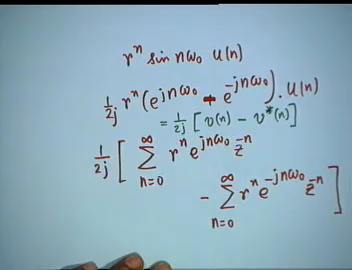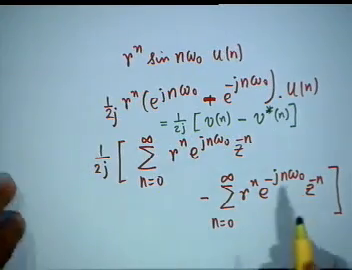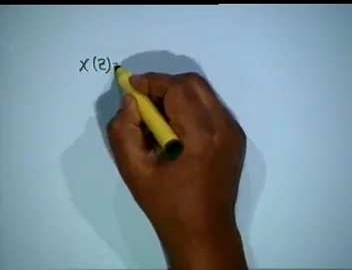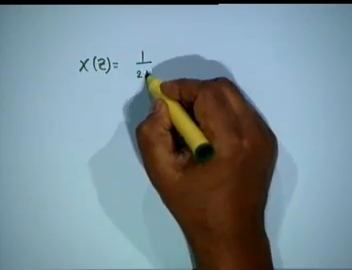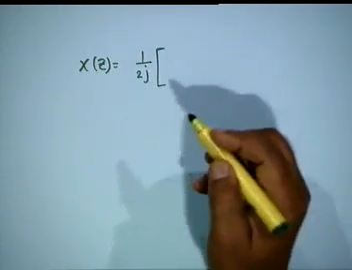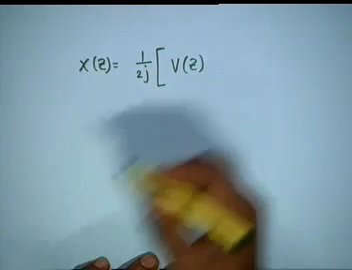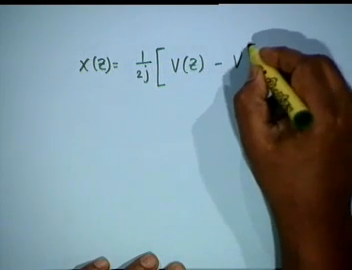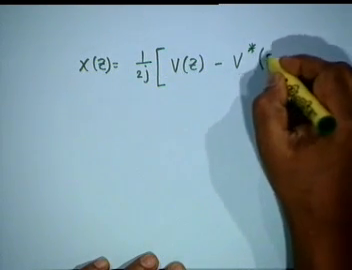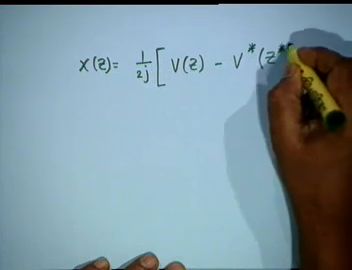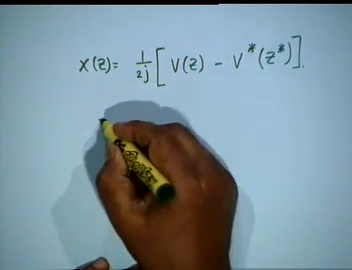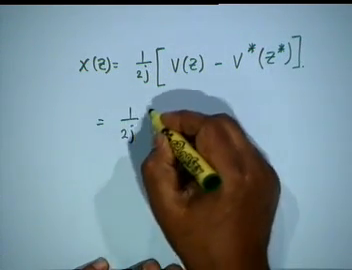R to the power n is a real quantity, and if we apply the formula, then my desired transform, let us say X of z, would be 1 over 2j times V of z minus V star of z star. Let us see what this is. 1 over 2j